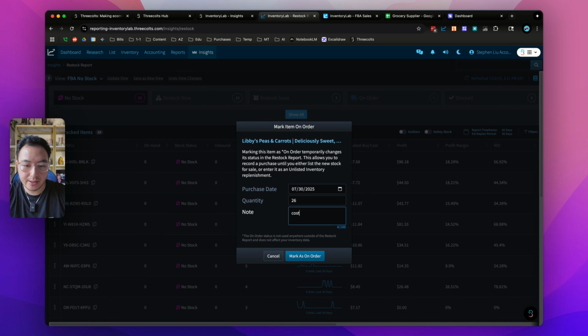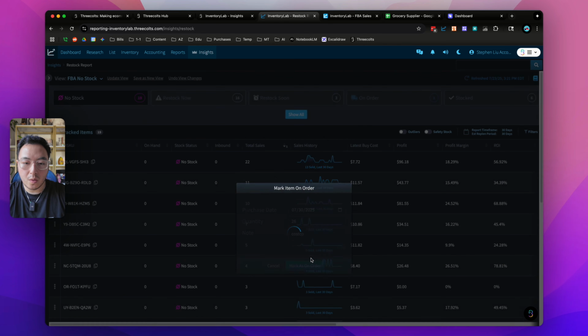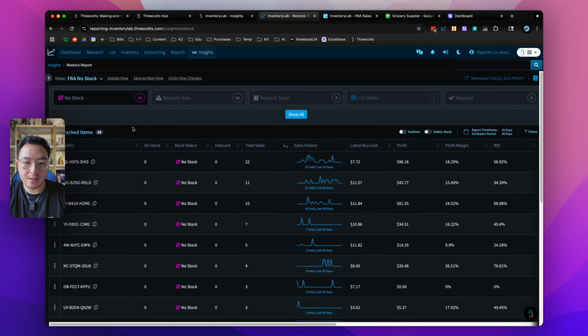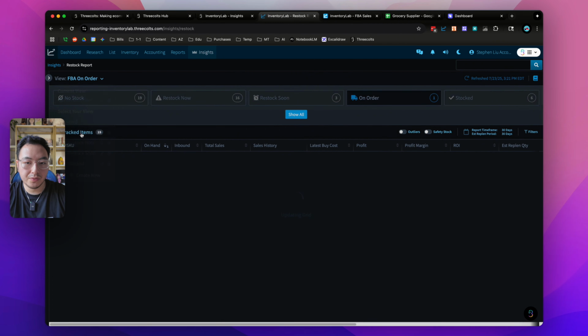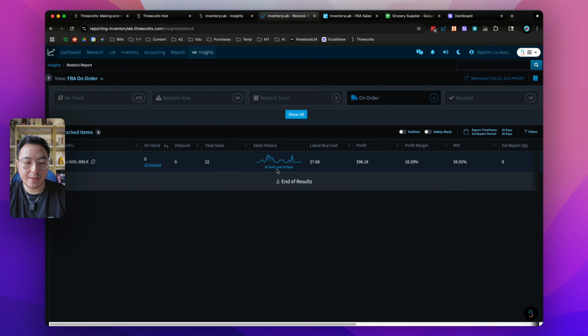So I'm going to put Costco and then mark as on order. And what it's going to do is move that product onto the on order view right here. So if I were to go to the on order view, that specific product will pop up right here. Now, as you move products to on order, what you also want to do is start creating your purchase order